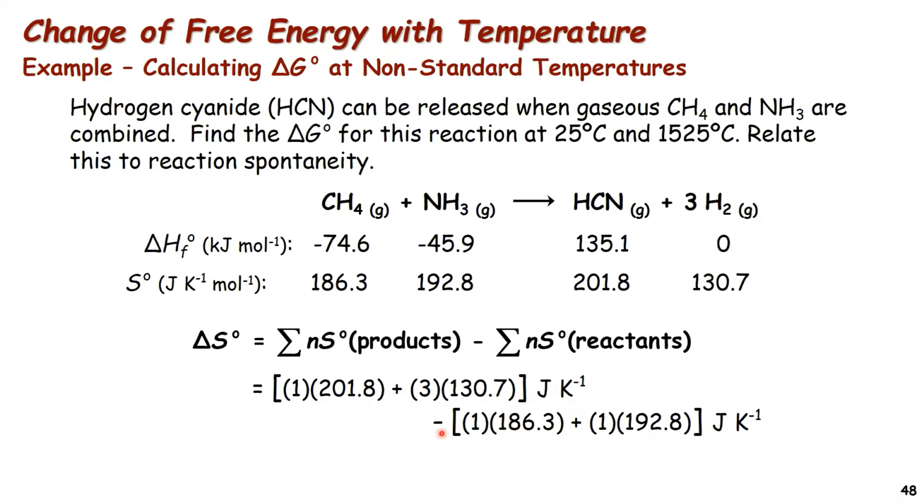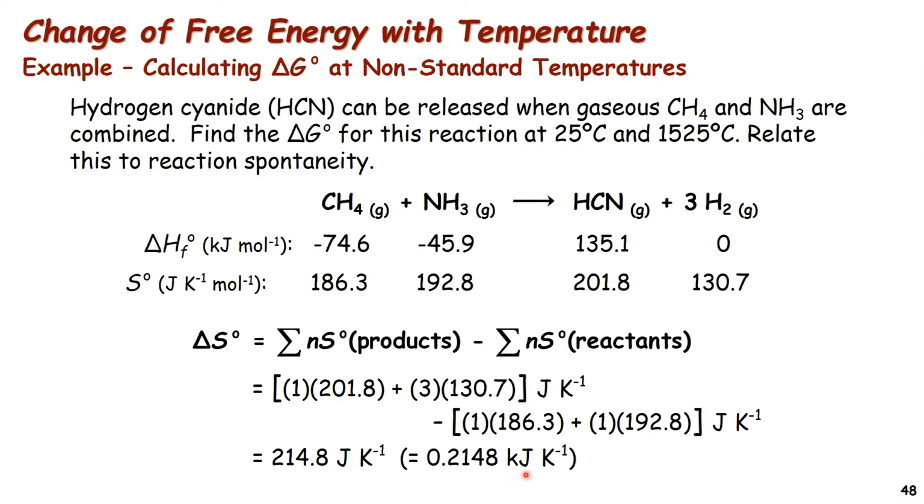And then we're going to subtract from that the reactants, the 1 mole of methane at 186.3 joules per Kelvin per mole, and the 1 mole of ammonia at positive 192.8 joules per Kelvin per mole. The moles cancel, again, leaving us with joules per Kelvin. We add them together, and that's going to give me 214.8 joules per Kelvin. But I already know in advance that I'm going to have to plug this into the equation del H minus T del S. Since del H is in kilojoules and del G is generally in kilojoules, I'm going to change this to kilojoules. So I'm going to divide by 1,000. So it's going to be 0.2148